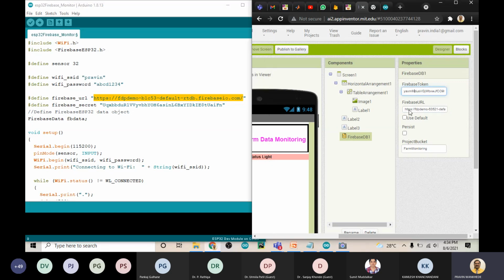Then this Firebase token. I'll copy it as it is from this one, because we have already tested with Firebase and your MIT App Inventor, so we do not have any question there, correct? Just copy this URL from here and paste it.